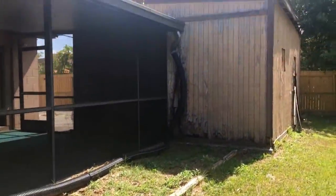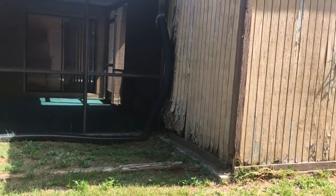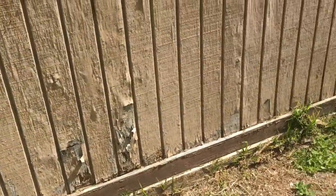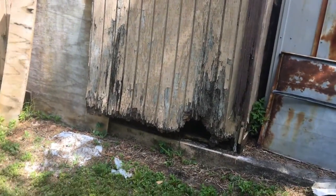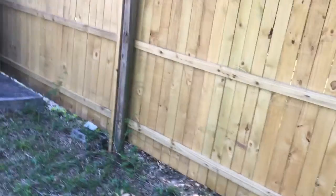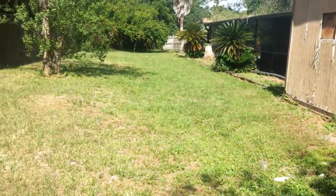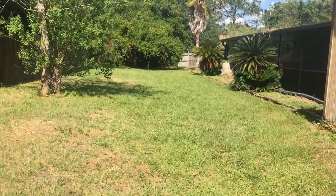Then there is this outbuilding here at the back, which is, well, do you really call it a shed? There's an awful lot of wood rot all the way around, so you could either put it down, discard it. House might be worth a little bit more without it, actually. And then there is this other outbuilding here, which looks to be steel. As you can see, some of the fencing. I suspect this is as much the work of the neighbour as it is of the previous owner of this property. This one's owned by the bank. So, okay, let's go and take a look